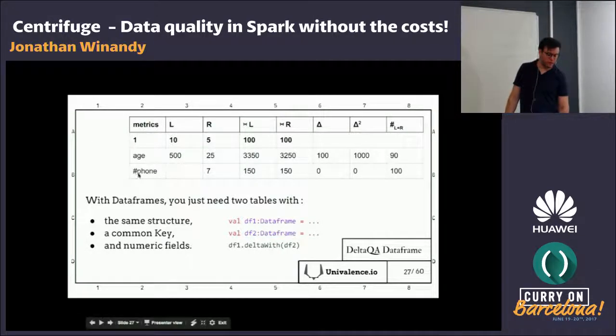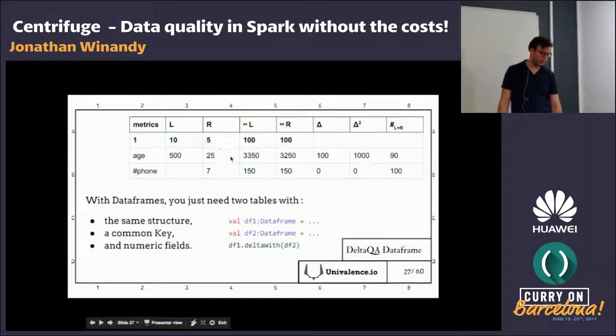You get it for every metric that you define. So the first metric is just 1, like you put a 1 in every row, and then you have the number of rows. So you have 10 rows on the left that have not been matched by a row on the right, 5 rows on the right, and 100 rows that have corresponding values in both sides.